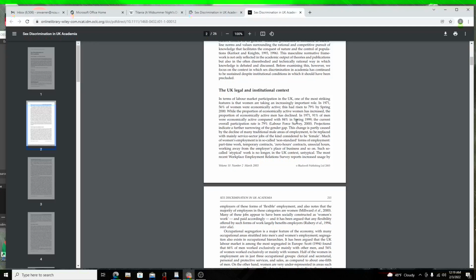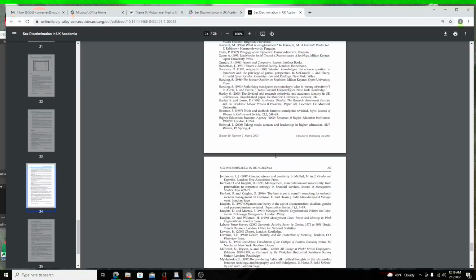Say that, for some reason, you also think this source would be useful in your paper, and you need more sources. Labor Force Survey. Let's go to their reference page and look for, let's see, Labor Force Survey. Right here is the citation, and this should help you to be able to find this source. So if